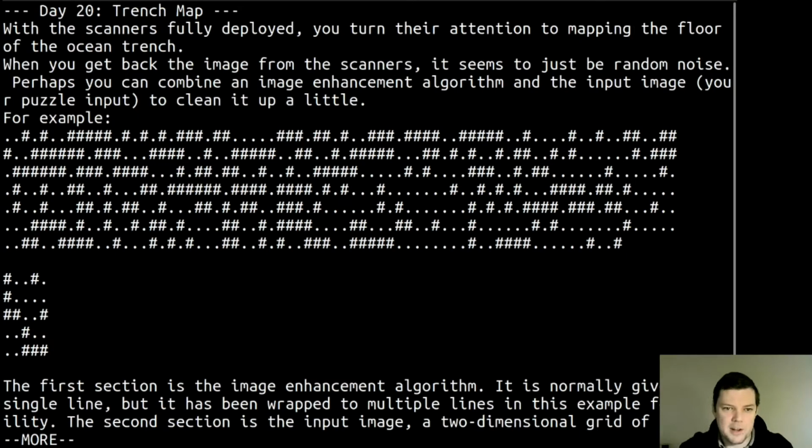This is day 20, Trench Map. With the scanners fully deployed, you turn their attention to mapping the floor of the ocean trench. When you get back the image from the scanners, it seems to just be random noise. Perhaps you can combine an image enhancement algorithm and the input image, your puzzle input, to clean it up a little. For example,